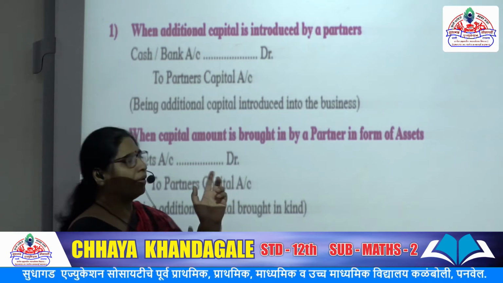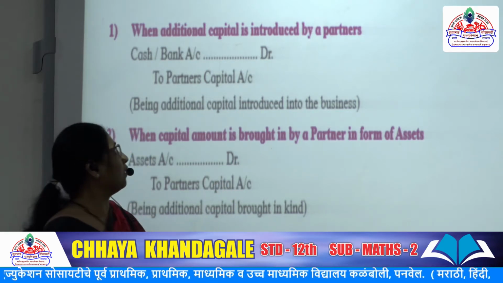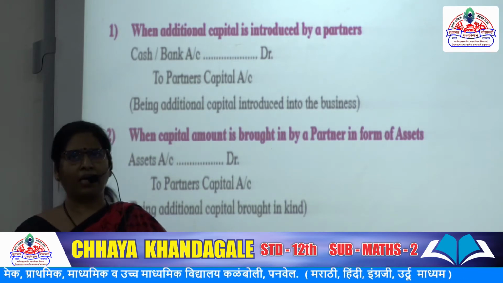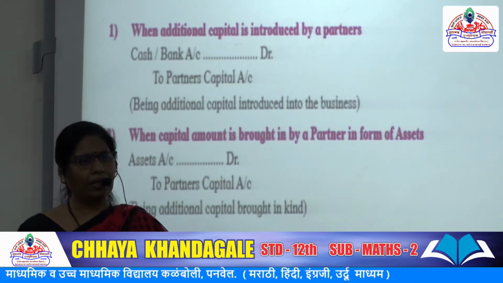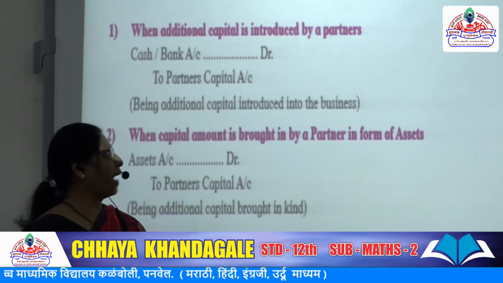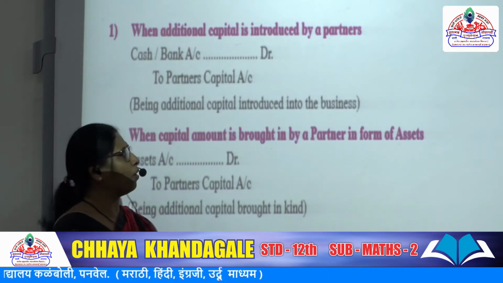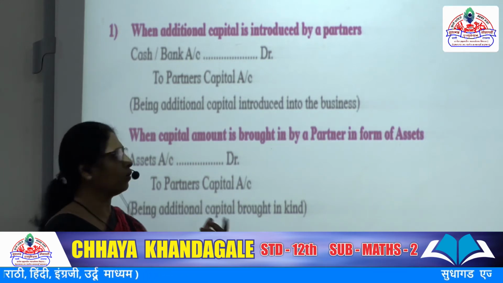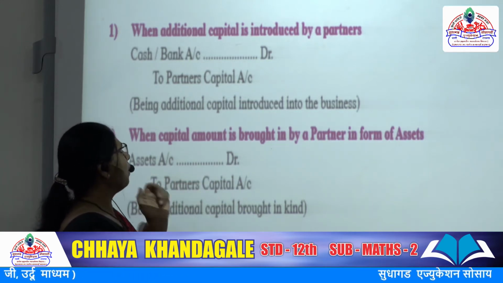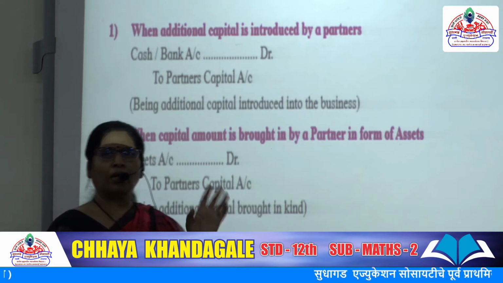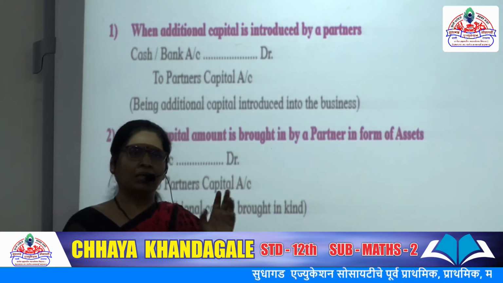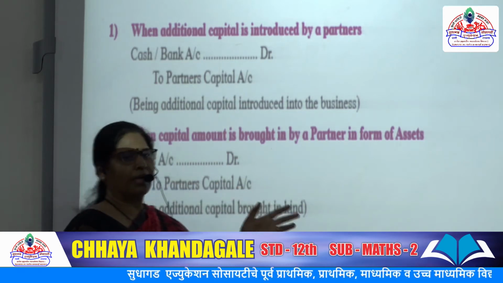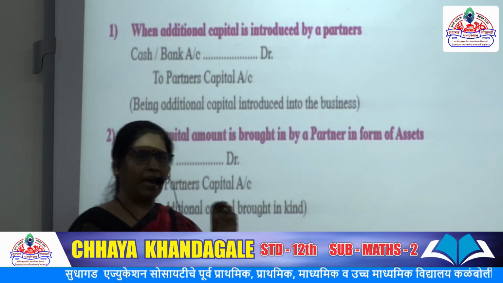So when the partners are going to introduce capital, cash और बैंक अकाउंट, क्योंकि फर्म में अभी कैश आ रही है, क्या हो रहा है, कैश आ रही है, तो कैश एंड बैंक अकाउंट will be debited, because real asset rule says debit what comes in and credit what goes out. So cash and bank account debit to that particular partner's capital account. समझो दोनों ने लेके आया है capital, then we are going to credit both the partners and that much amount.